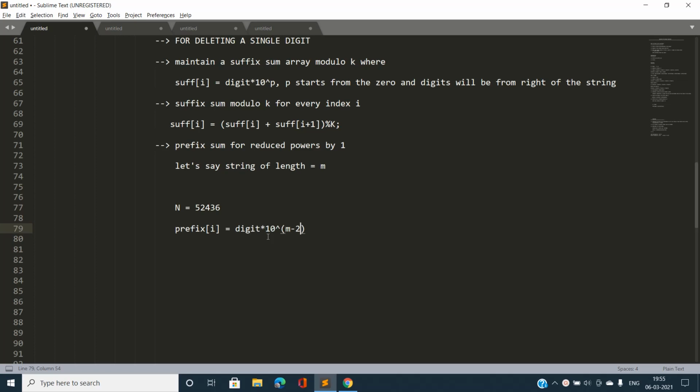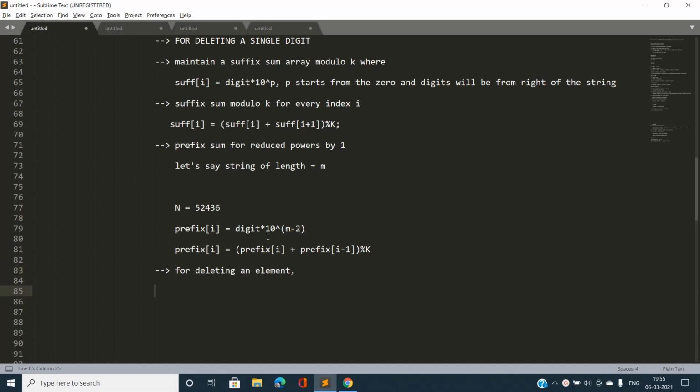Then I am going to maintain prefix of i equal to prefix of i plus prefix of i minus 1, modulo k. So if I am going to delete an element, what modifications do I have to make?